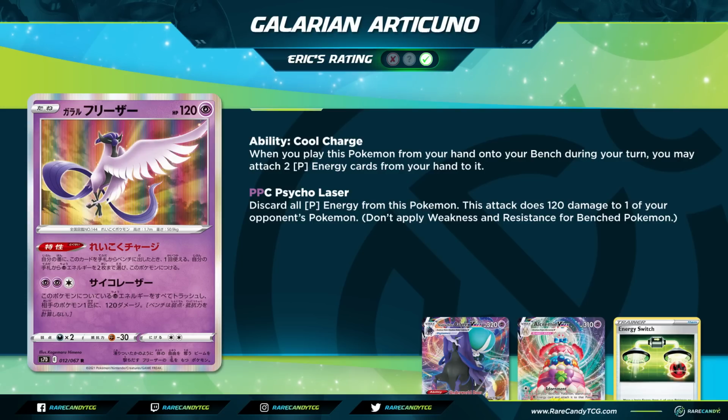Because of course, with Shadow Rider Calyrex VMAX, its attack does more damage for every Psychic energy you have on your field, and kind of in the same way, Alchemy VMAX does more damage for every Psychic energy you discard. So in both cases, Galarian Articuno is actually going to give your deck a damage buff, which is really nice. Now, even though I think just at a quick glance this seems like a slam dunk of a card, it's